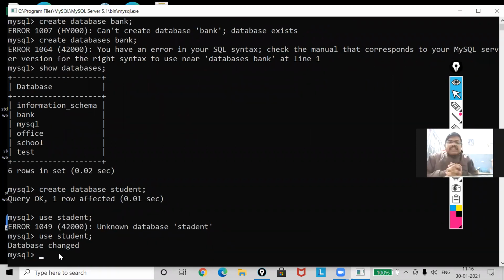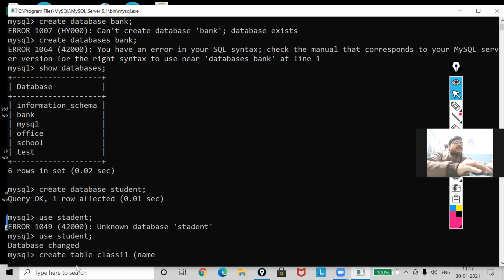Now it's time to create a table. So what I will do, I will write the query create table, and the table name. Suppose the table name is class 11. And now inside I have to write all the fields with the data type.